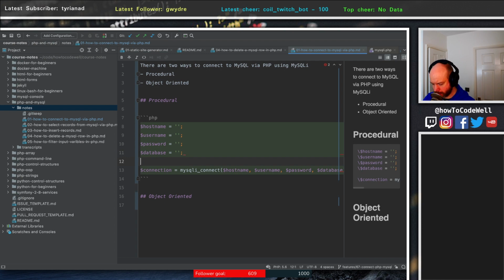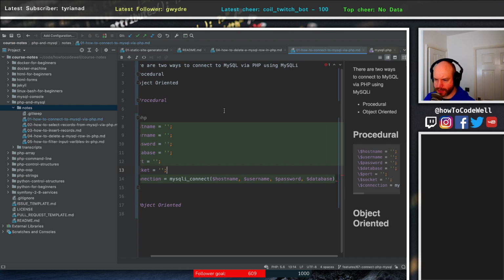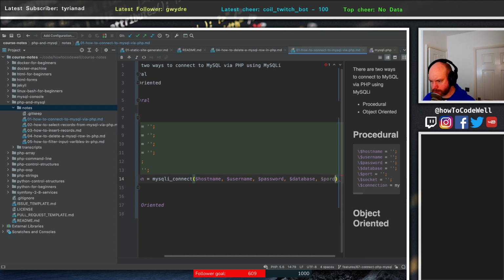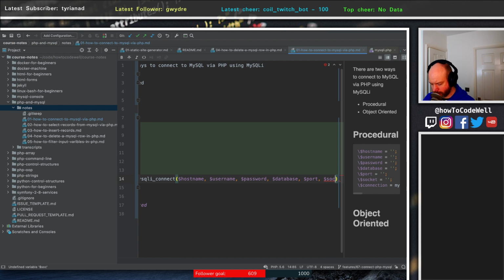We'll also do port, and we'll also do socket. Yeah, and we'll also pass these in to here. So we've got hostname, username, password, database, port, and socket. And I believe that the socket and the port are optional because they use the default, so we